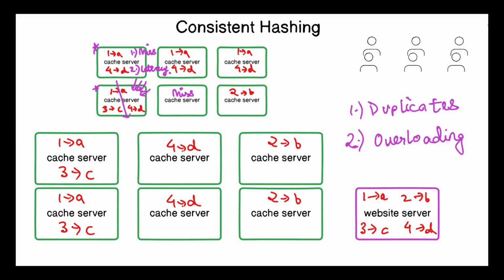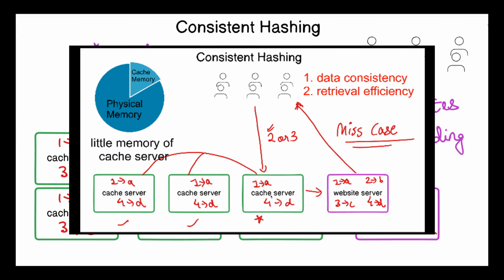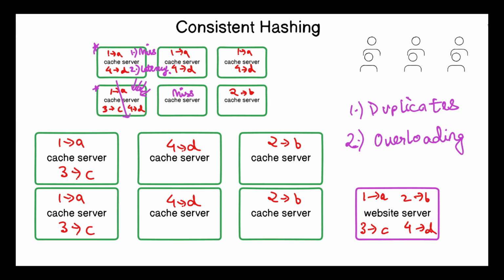But in previous scenarios where cache servers replicate data, any server can handle a request since they all contain the same data. However, the downside is a higher chance of cache misses because each server holds less data. So basically, we need a combination of a replication and a partition technique. Replication can be done easily, but our main question is how we can partition this data. So to partition this data, there are multiple techniques, but in this video, we will discuss consistent hashing.